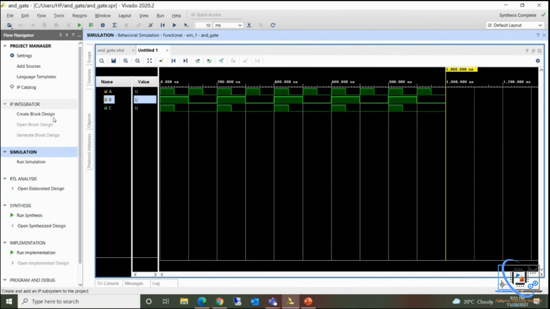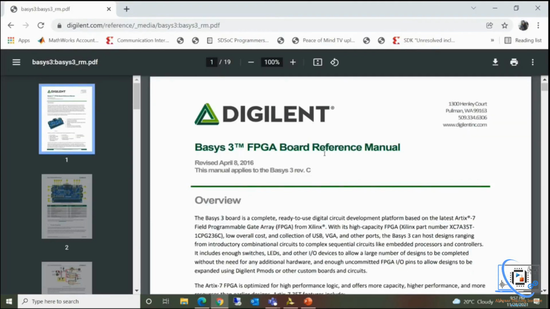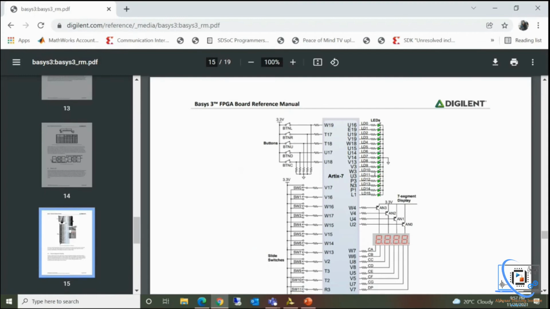Now what we'll do, we will open synthesized design. I have opened up Basys 3 reference manual. Here on page number 15, I will find the pin numbers for LEDs and switches.